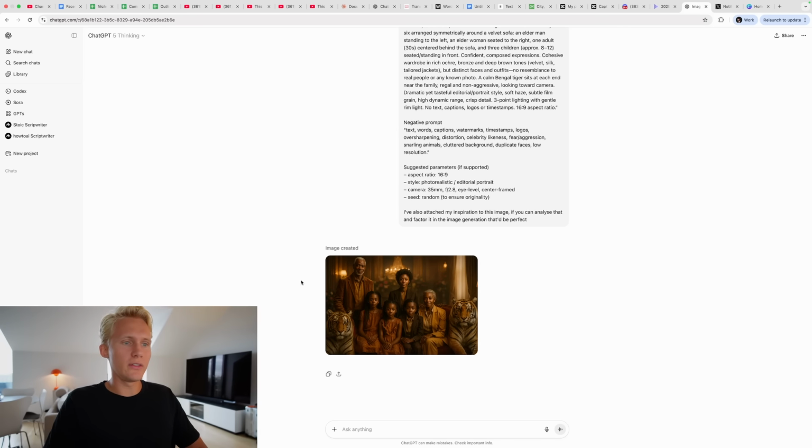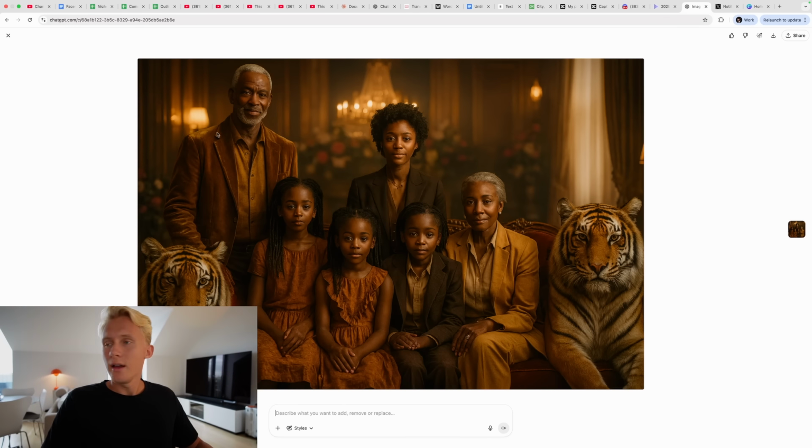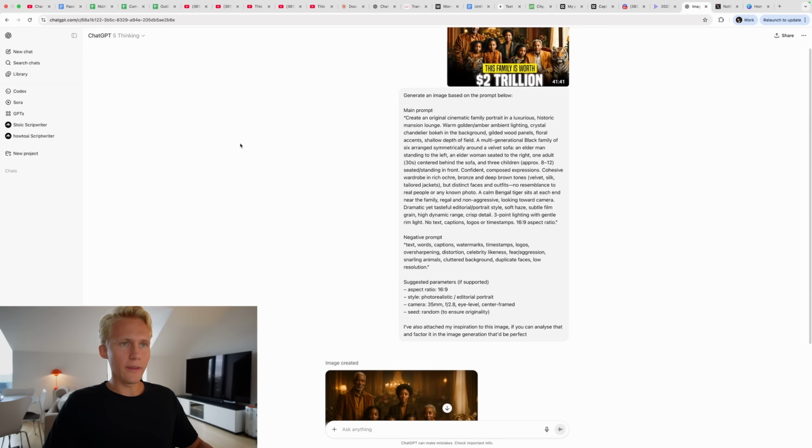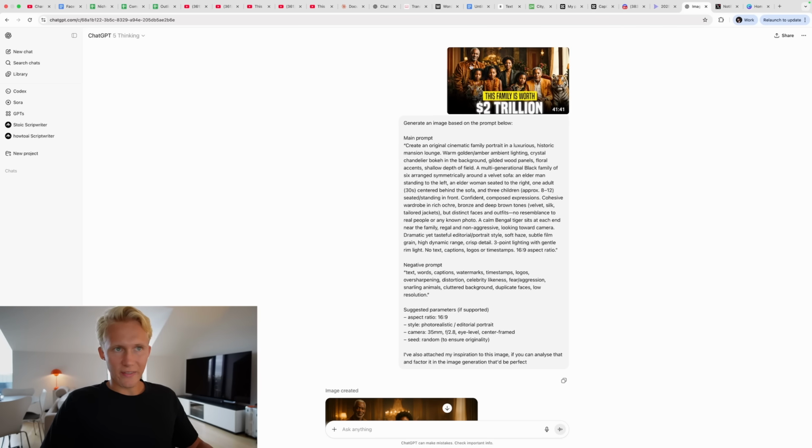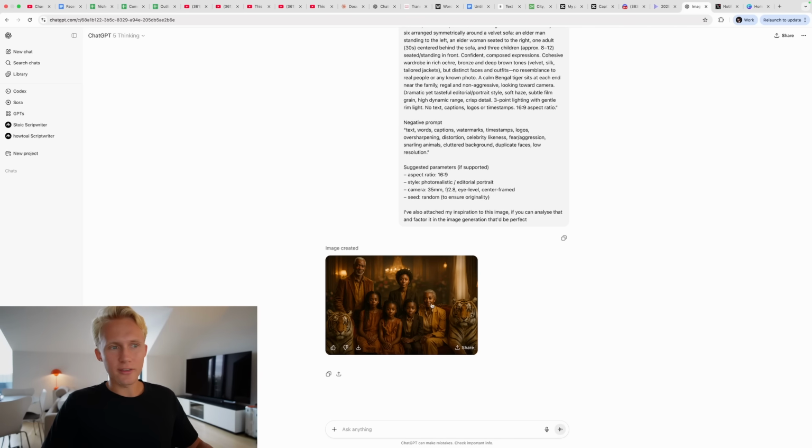As you can see, this is the image that was generated. And take a close look at the details here. You'll see that there are two tigers, like the 4 kids, some kind of grandpa or whatever, and then this girl. And if we go back to the reference image, it is the exact same composition of people. The only difference here is that this one is slightly more color optimized, so they've got brighter colors that will work better on YouTube. This one is too monotone, but it will work.